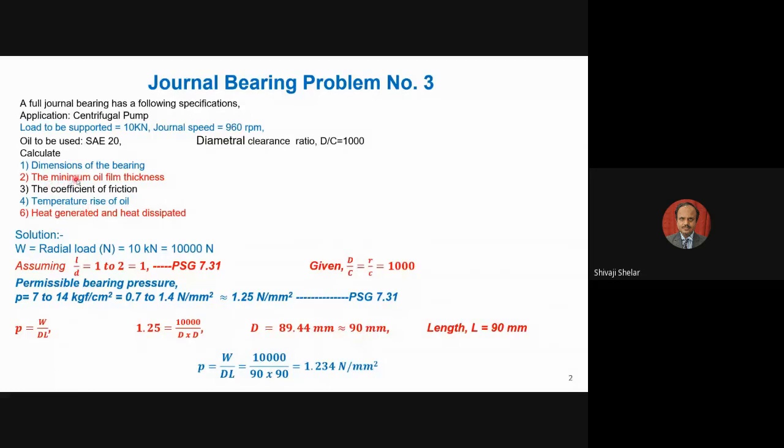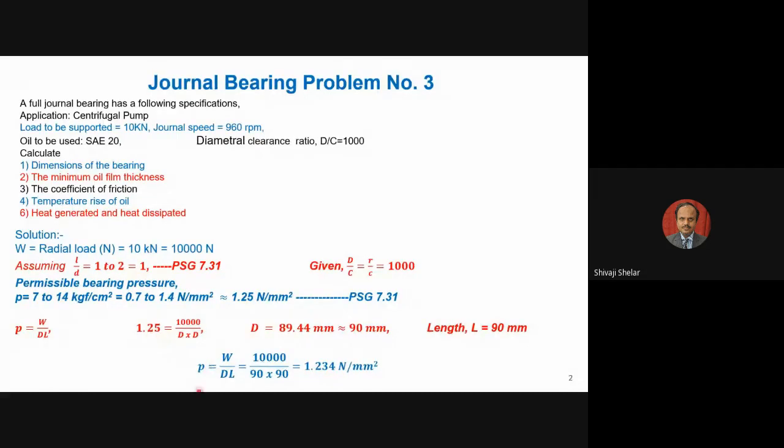That is one dimension we have determined, the dimension of the bearing, that is the diameter. Now the length, as per the ratio L by D equal to 1, should also equal the diameter, that is 90 mm. So we have determined both dimensions of the bearing, the diameter and the length. Since we have not taken the same D here, there is a chance the bearing pressure value will change. So what is the exact bearing pressure? We need to do the calculation again. P is equal to W upon D into L, so 10,000 upon 90 into 90. It comes to 1.234. For design calculation, we took 1.25.